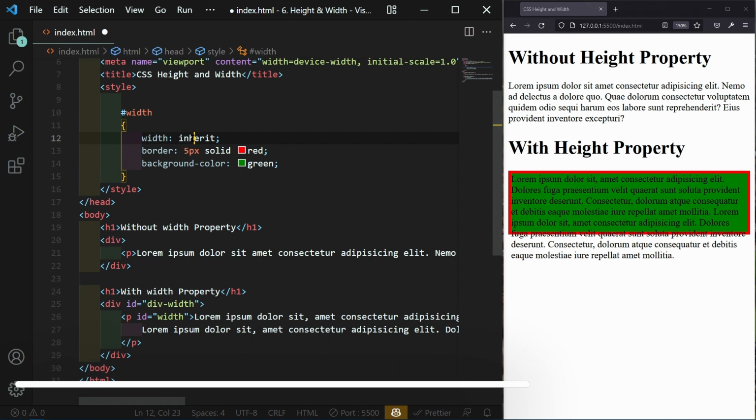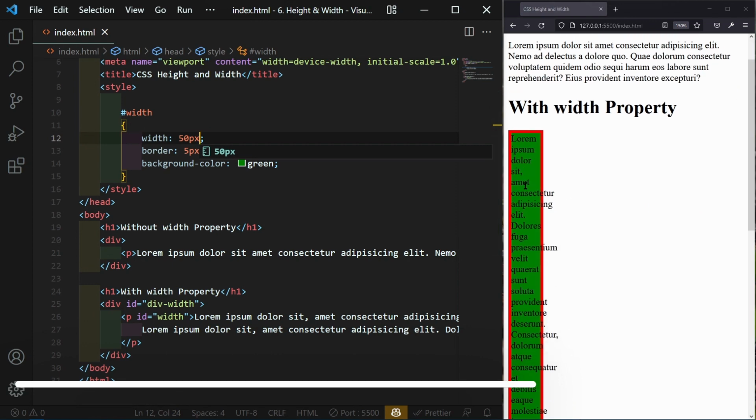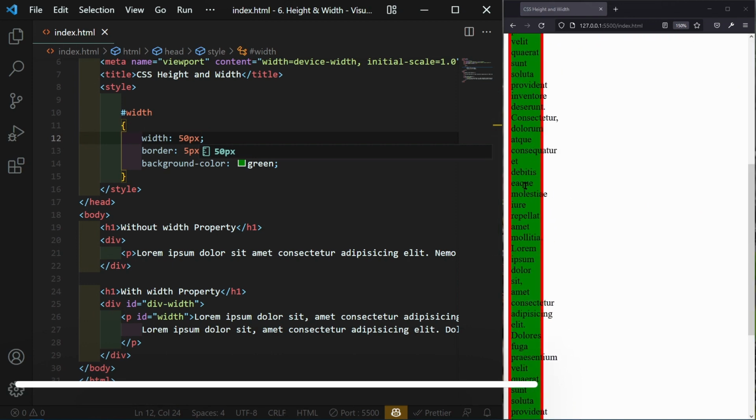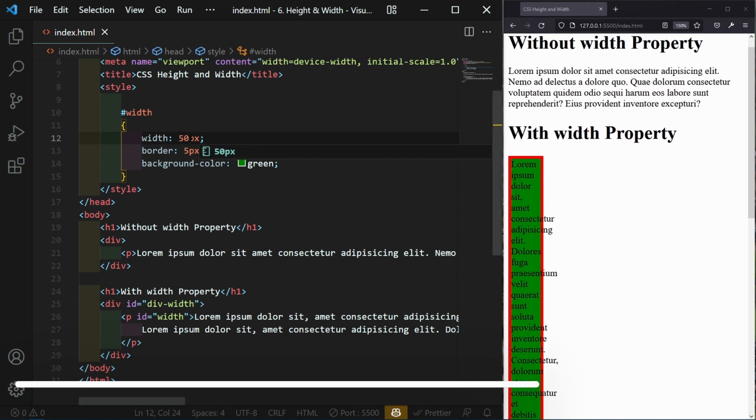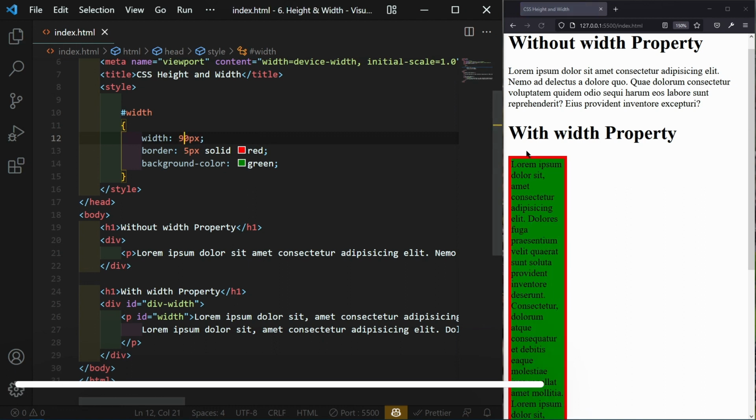So this is also the same. I just take 50 pixel and save this. As you can see here, the width has been set. If I increase the width to 90 pixel and save this, as you can see here, the width has been increased.